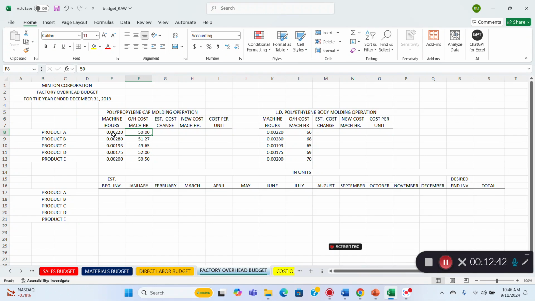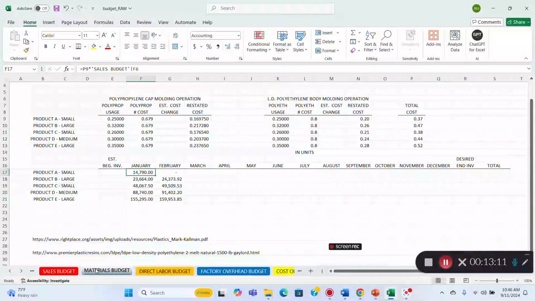So in this case, when I'm looking at overhead, and I don't want to get too far ahead of myself, it takes less than a second to produce product A. The cost per hour for product A is $50. And of course, you have different numbers here because we have different machines. Some machines are more expensive than others. Going back to the materials budget,